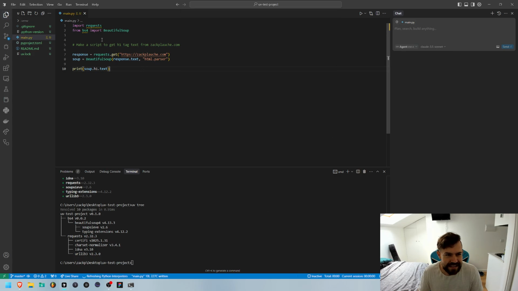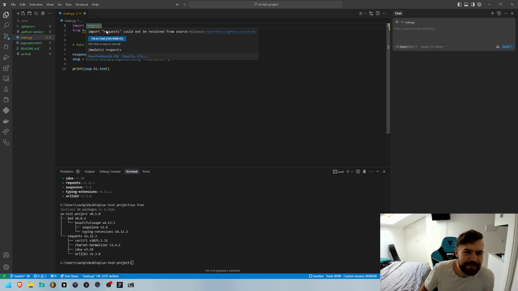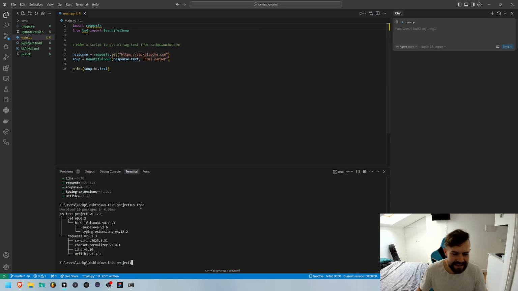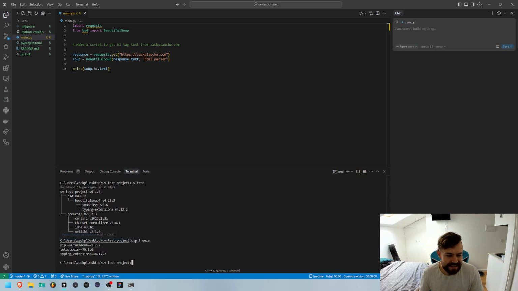so what you should see is, because we haven't technically created or linked our system up to a virtual environment yet, you should see squiggles. You should see basically these yellow lines here, little yellow squiggly lines, to say that import requests could not be resolved, because it's saying that it's not in our Python system. So if I say pip freeze here, all I see is these on my global Python environment, but we're using UV, so it doesn't know that we made this new virtual environment by default,